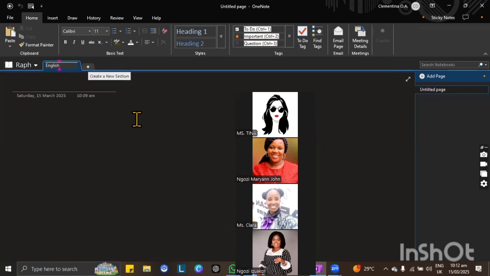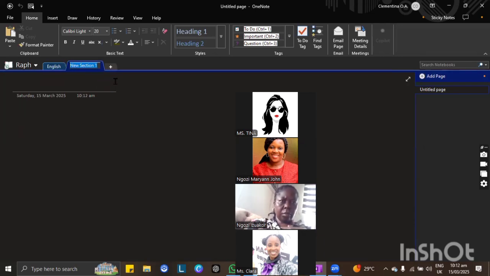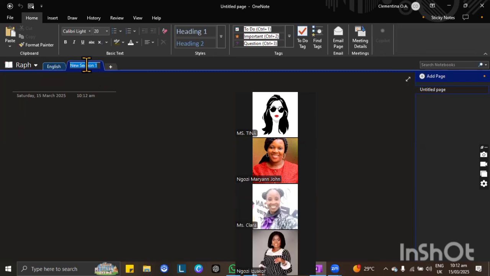Now if I have other subjects I want to teach the child, I'll click on the plus sign over here. Can you see the plus sign there? Yes. All right, so if I click the plus sign over here, I'll enter another subject. You can use this for any sections you want to create. Because I'm using it for classroom, I'm entering my subjects in the place where I have sections. Okay, now the next place where I have new section, I'll double click and enter another subject,